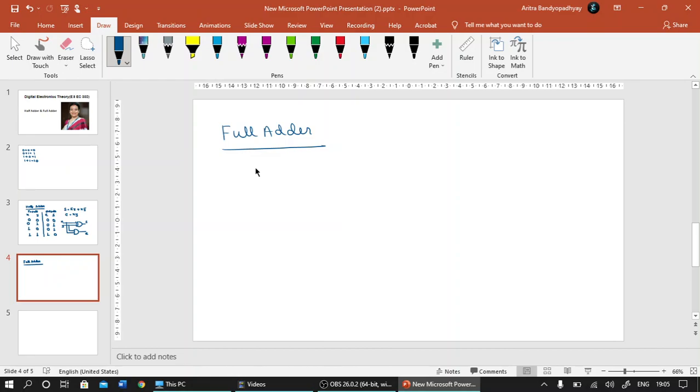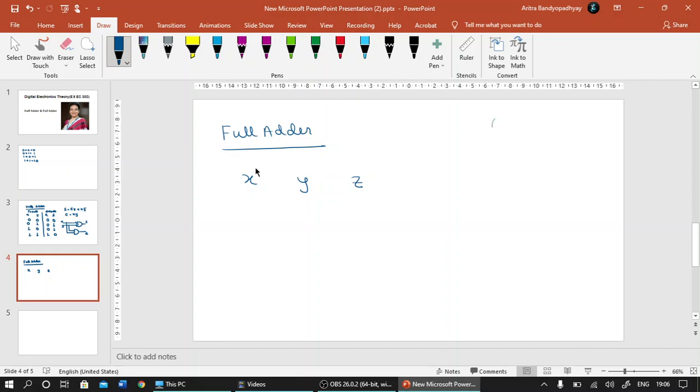Two of the input variables are denoted by x and y, and they represent the two significant bits to be added, and the third input z represents the carry from the previous lower significant positions. The two outputs are necessary because the arithmetic sum of three binary digits ranges in value from 0 to 3,